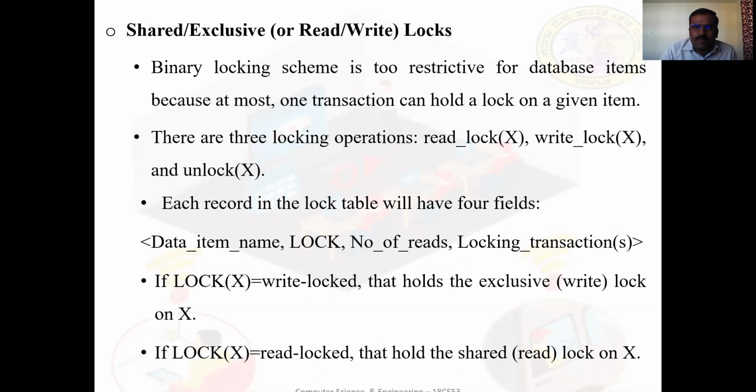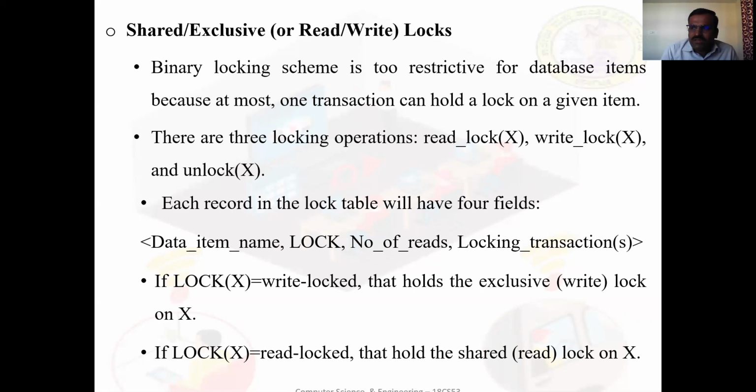There are 3 locking operations in read-write locks, or shared exclusive locks: read_lock(X), write_lock(X), and unlock(X).